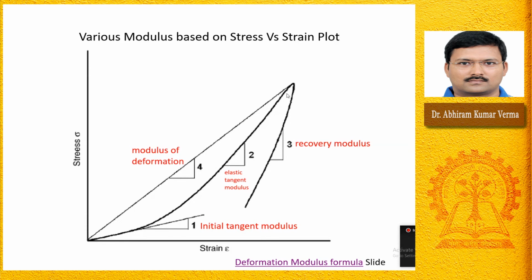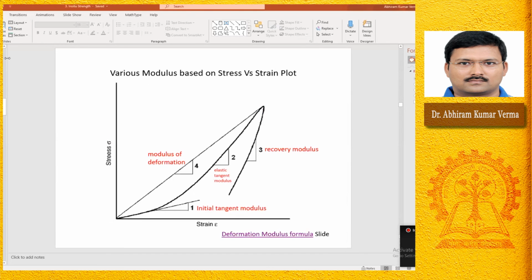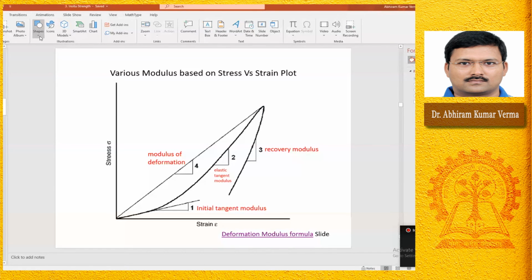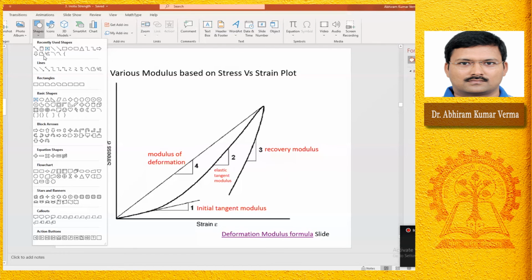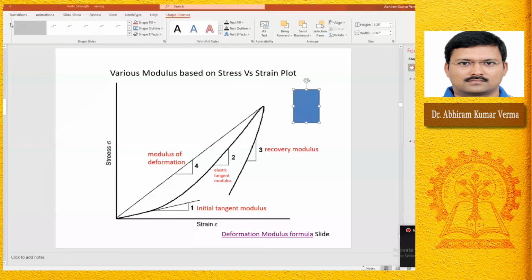There is a reason. People have explained why this is happening. Why is this modulus very low here, again higher here, and again lower here? There is a reason explained by people for why the curve is like this, and we can see this behavior by plotting a very conceptual drawing of a crack.